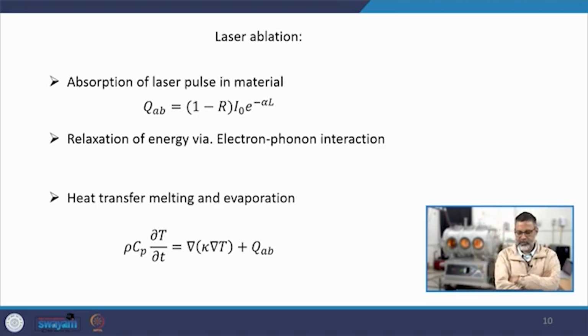Generally the target materials we use have a thickness of the order of 5-6 millimeters. If the laser light propagates through this material, it will decay and follow the law called the Beer-Lambert law, which is I naught e to the power minus alpha L. Here alpha is the absorption coefficient,